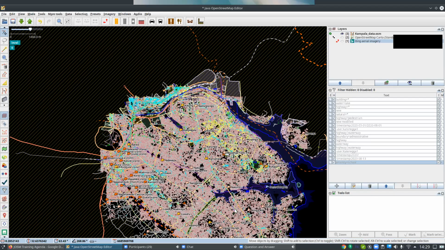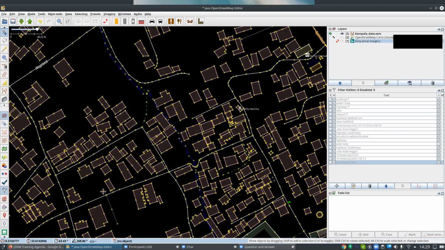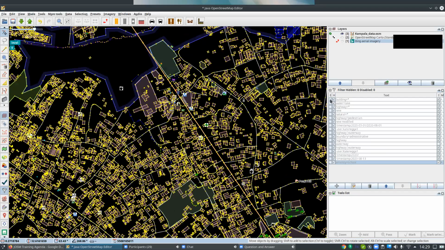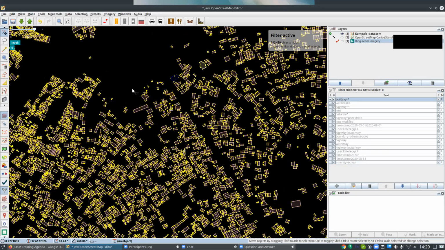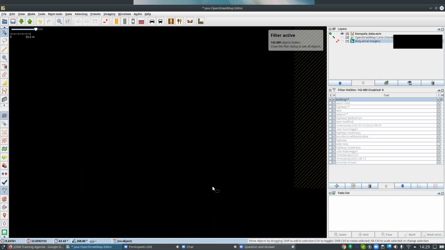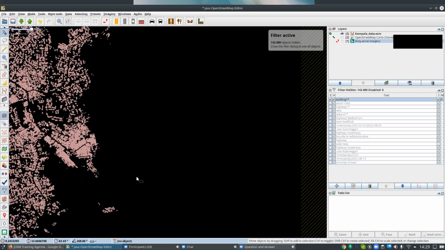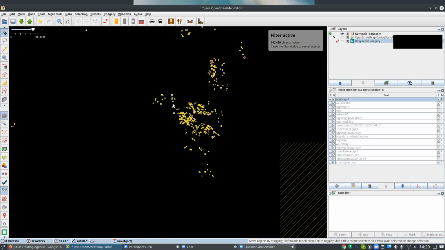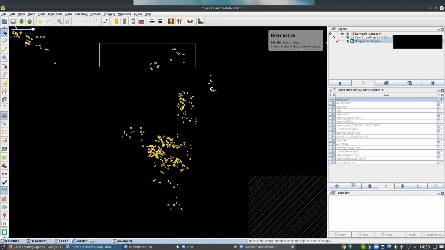The other thing you may want to do is select only buildings. So I'm going to do a filter here that selects only buildings. Let us say I want to select this and add the data to my to-do lists. Let me just use a small group of buildings here so that the data is not so heavy. If I want to select these buildings and add them to my to-do lists,